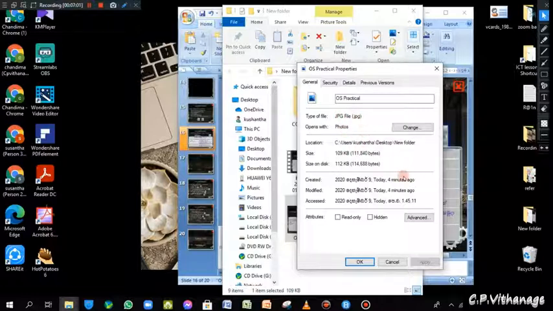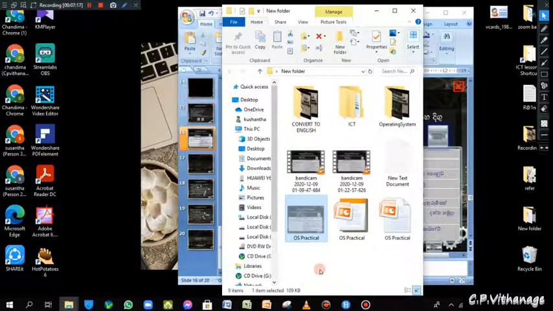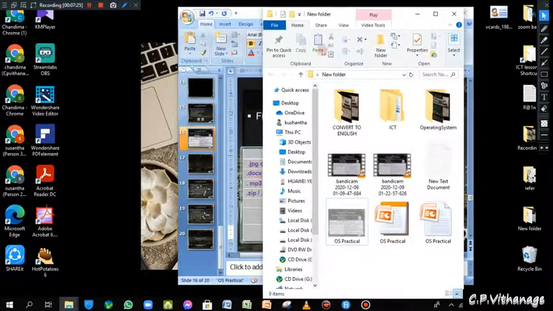jpg.jpg. You can get the file extension from these properties again. The size and the dates created, modified, accessed, the same things are there. Now here I'm going to put a hidden attribute and I press apply and OK. Now you can see it's a little bit blurred because in folder options we have selected show hidden